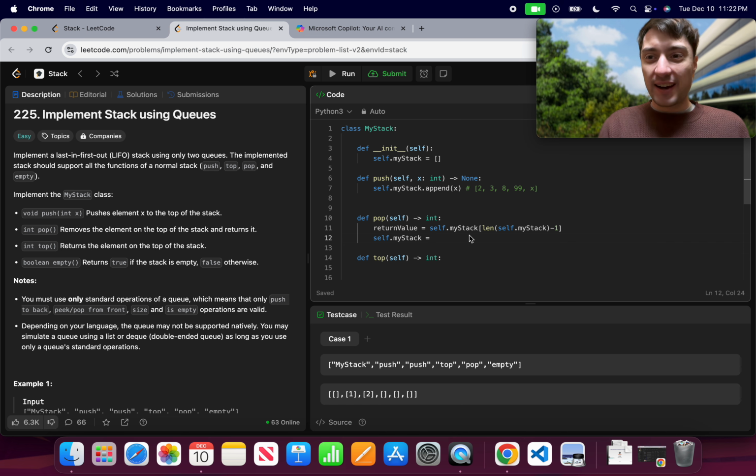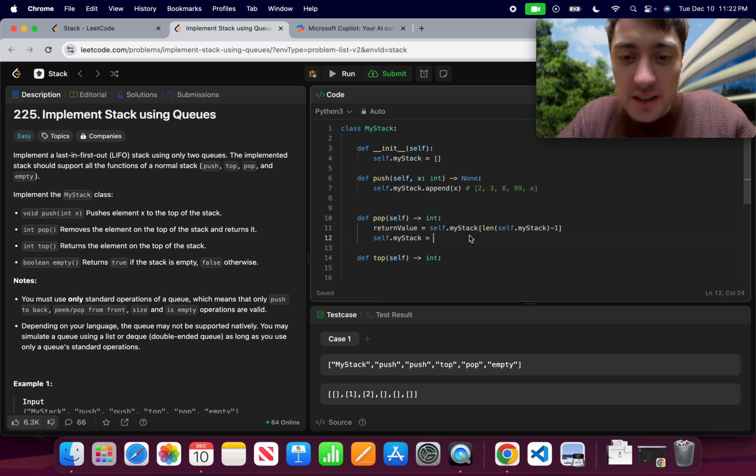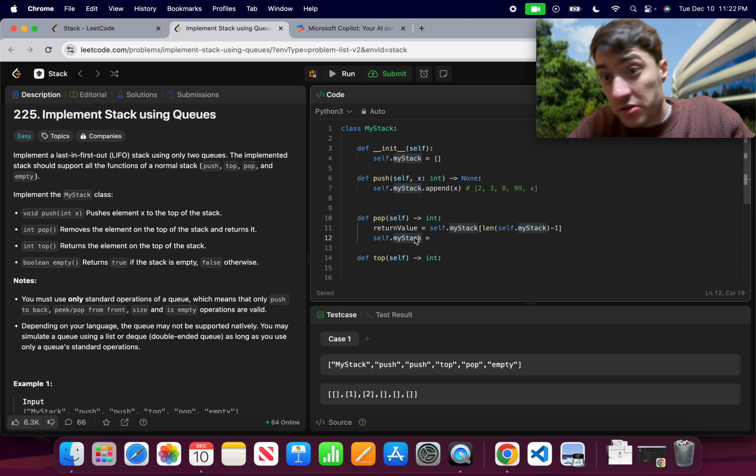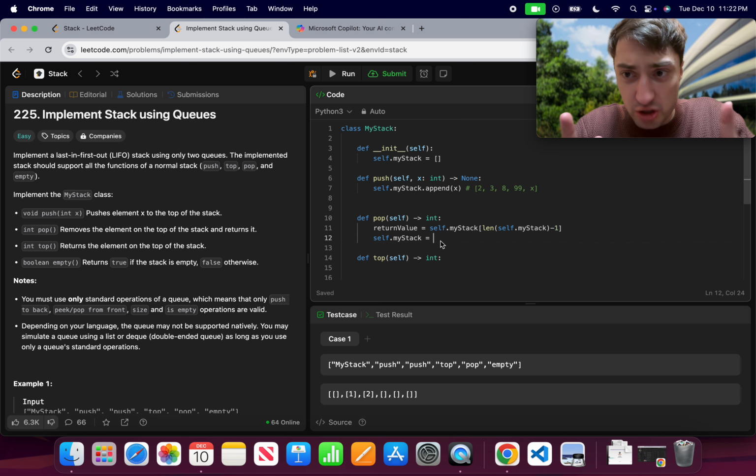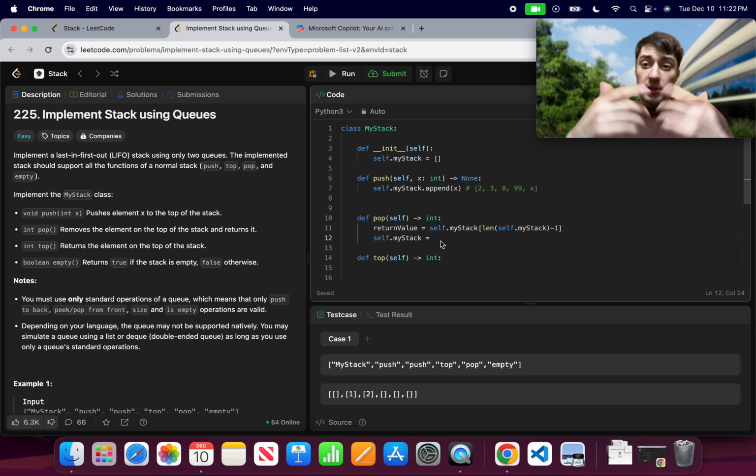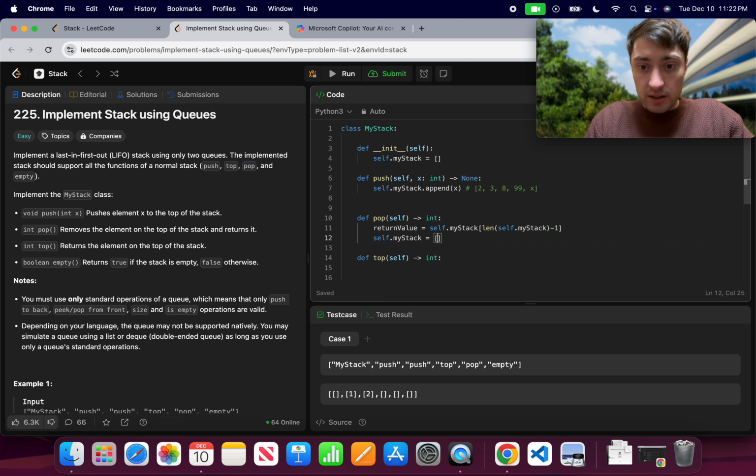But because I do not know, I am going to have to do it the hard way, but that's okay. We can do it. Let's go. So I want to change this, my stack, and what do I want to change it to? We have to do slicing, so equals self.myStack, right? But I only want starting at the 0th index, okay, and going to length of, and now we